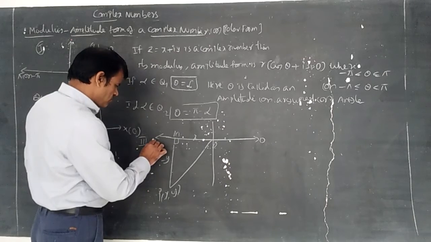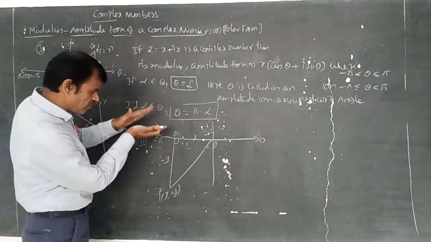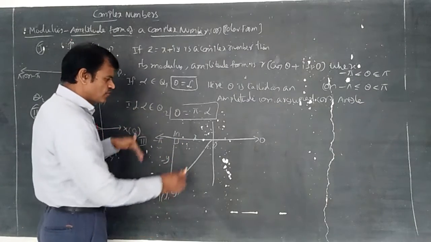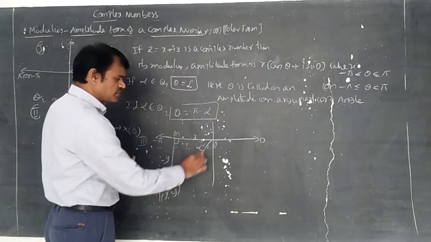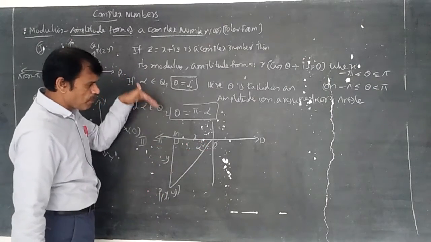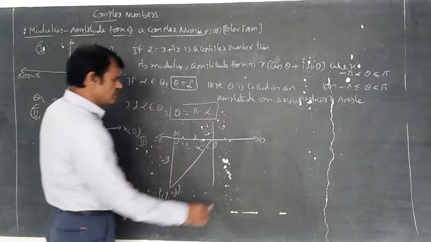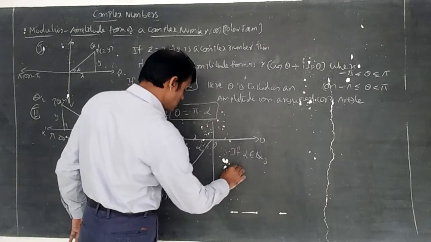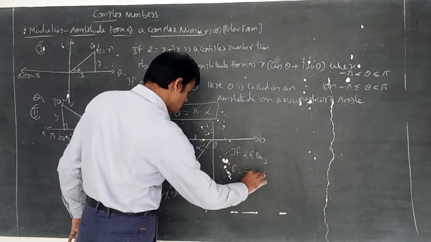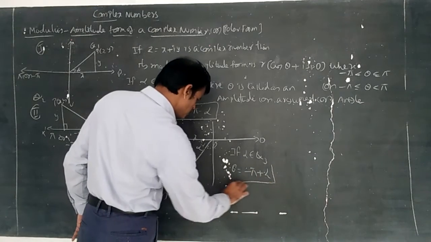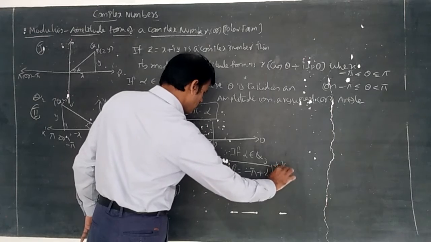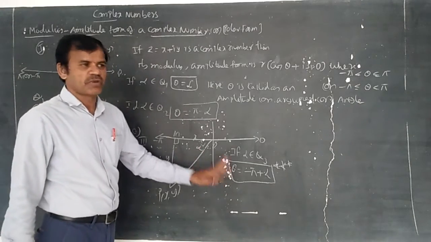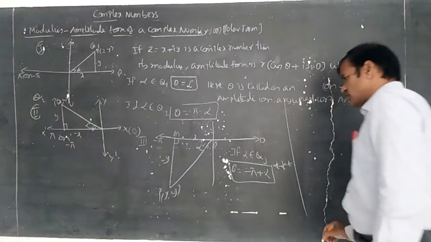Now here you can mention this is minus pi. So from minus pi, this is going to the next step. Of course, the angle is always measured from the positive direction of the x-axis. That is why you can understand minus pi plus alpha here. If alpha belongs to Q3, then theta is equal to minus pi plus alpha. Plenty of students get confused regarding this formula, but don't get confused. First of all, understand the angle alpha. Later theta is equal to minus pi plus alpha. You need to understand the formula.